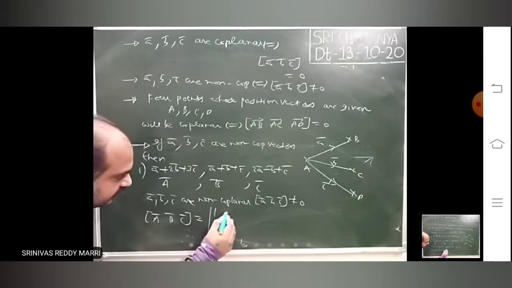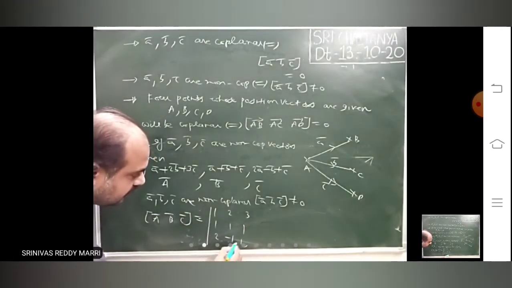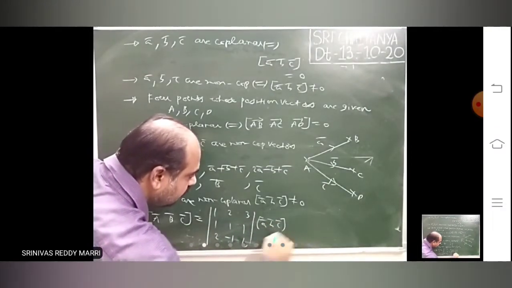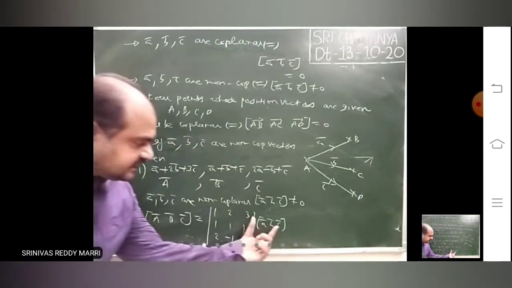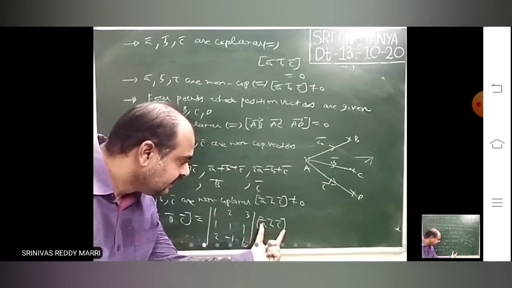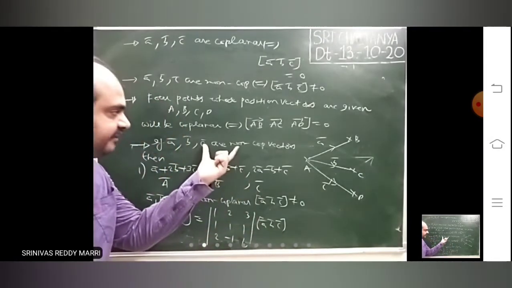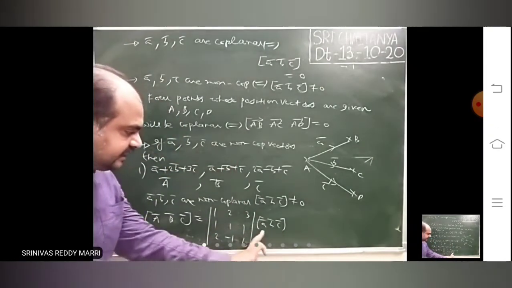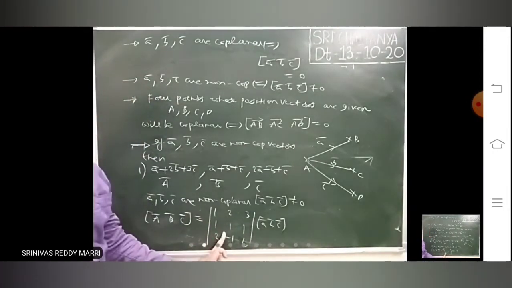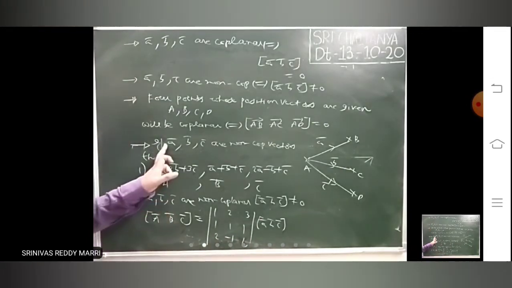That means 1, 2, 3, 1, 1, 1, 2, minus 1, 1 into box ABC. This is clearly not equal to 0. Why has he given this? Because you will write this into this. If this is 0, what happens? This will become 0. That's why this is initially given not equal to 0, meaning in this product this is non-zero. If this is 0, then it will become 0. If this is not equal to 0, then it will become not equal to 0. That's why he will always give it like this.